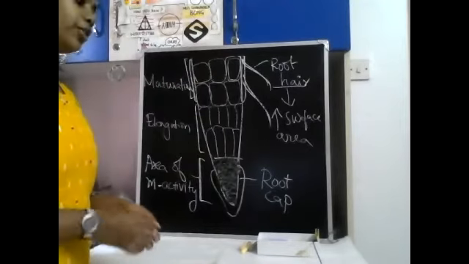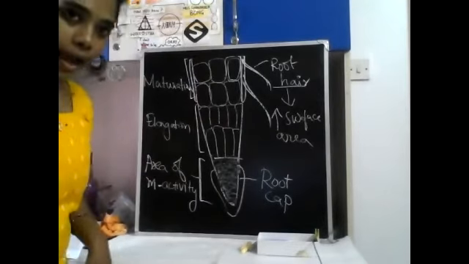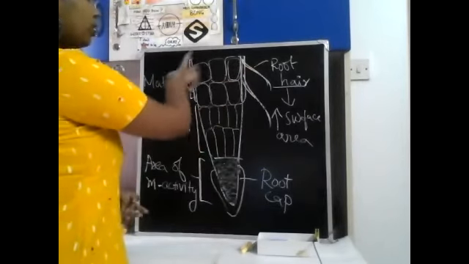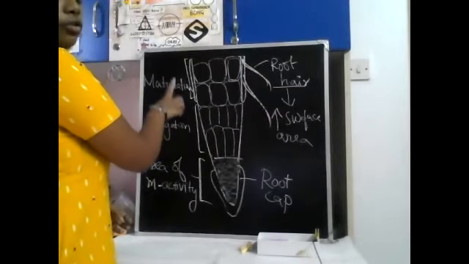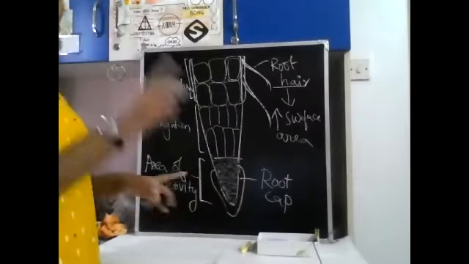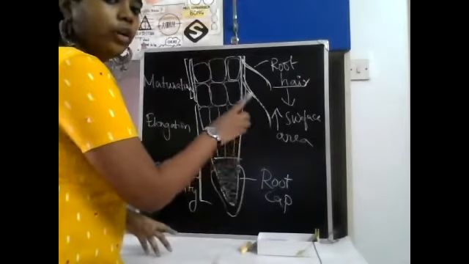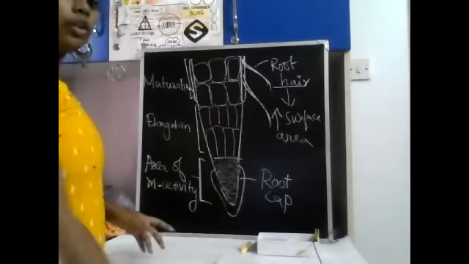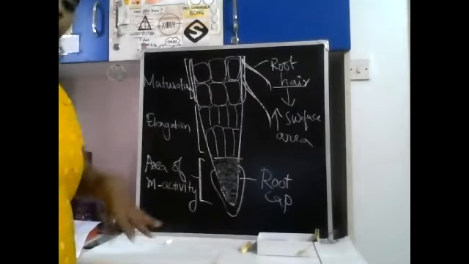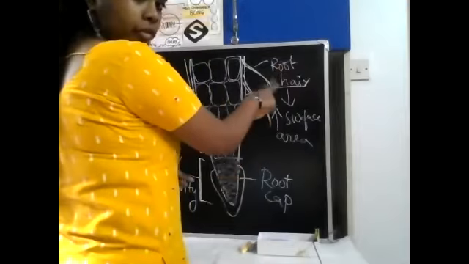So an important question that can be asked is define root hair. Root hair is the structure that can be seen in the epidermis of the area or zone of maturation in the tip of the root. It helps to increase the surface area in order to absorb more water and nutrients. Okay, so that is all of the keywords that you should have in a definition. It is an important definition that keeps coming in competitive exams. Okay, so make a note of root hair.